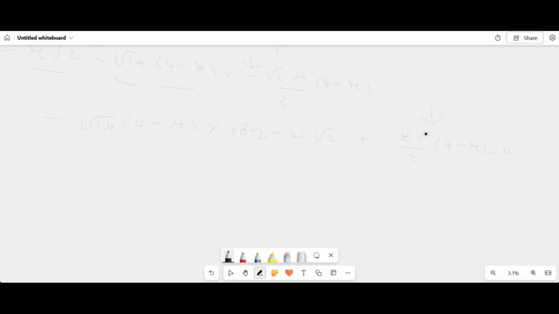What I can do now is take pi root 2 out, so minus root 2 pi, so just write this whole line again, 4 minus pi x plus 8y minus pi root 2. And now, alright, cool. Because I took that minus pi root 2 out of here,